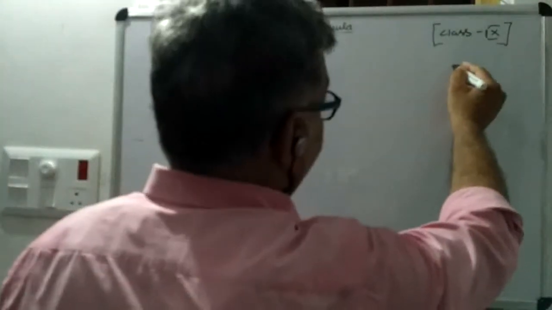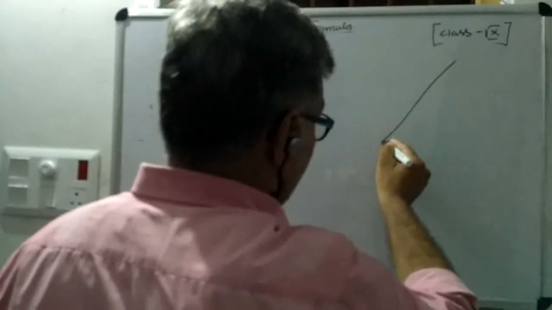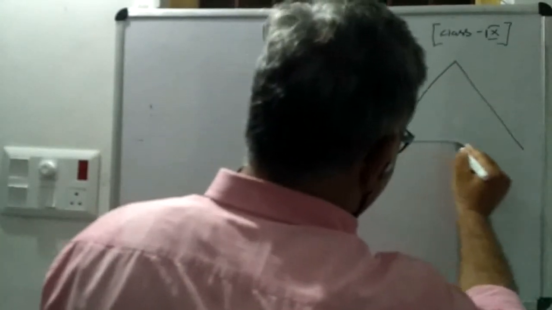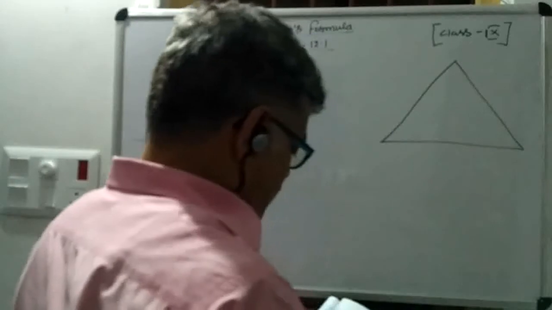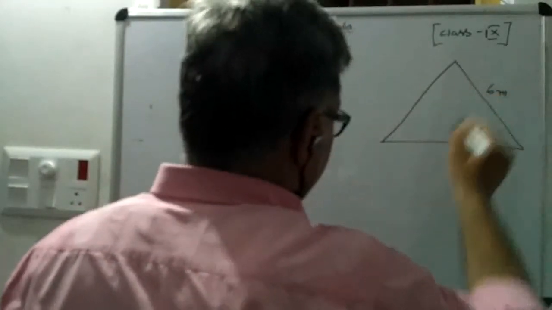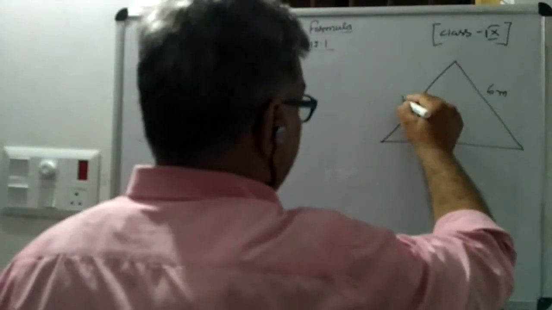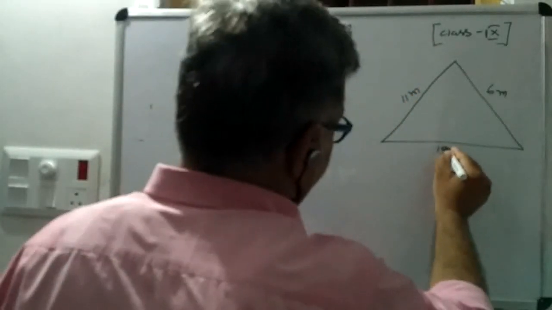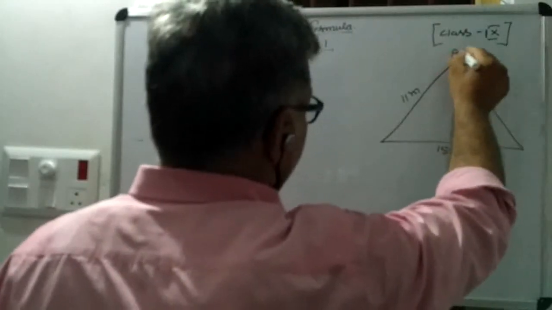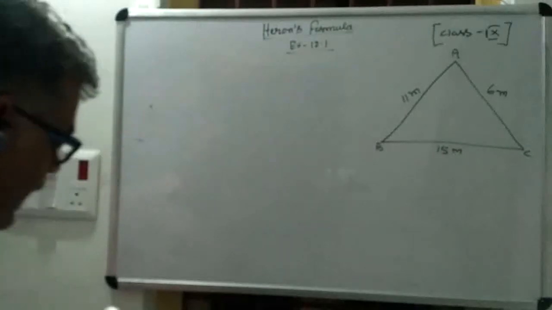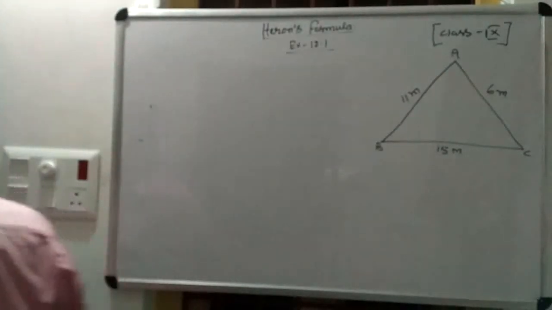Suppose this is the construction of the wall which is given. Now the sides are given. Suppose this is 6 meter, this is 11 meter and this is 15 meter. Suppose this is the triangular wall. Now we have to calculate the area of this part